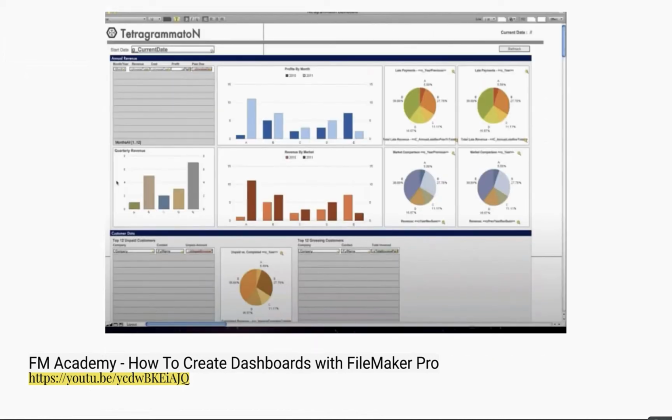Their layout looked like this. Ton of different chart objects and portals. You can see some of those portals have filters on them. Looks like they have a field with global storage at the top with the start date there so that they can update something, and a refresh button and so forth. They pointed out the